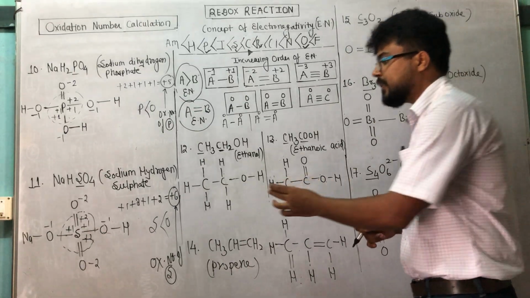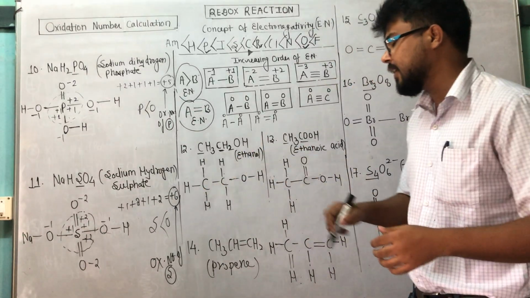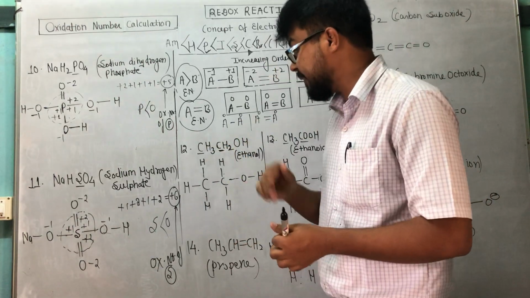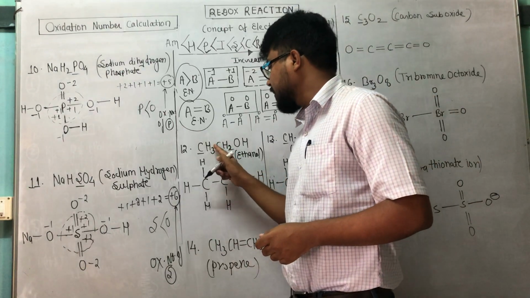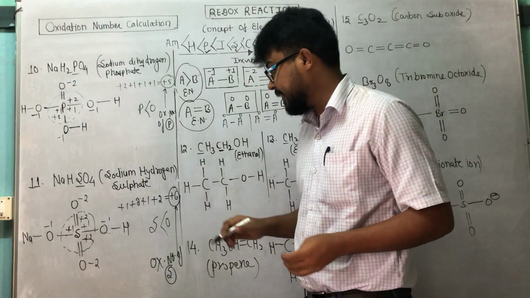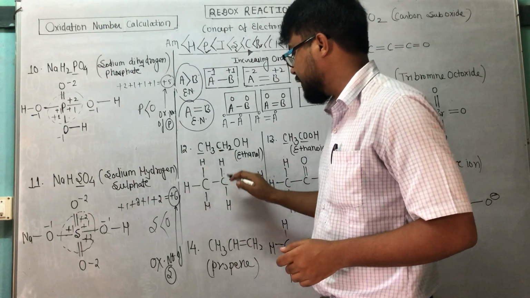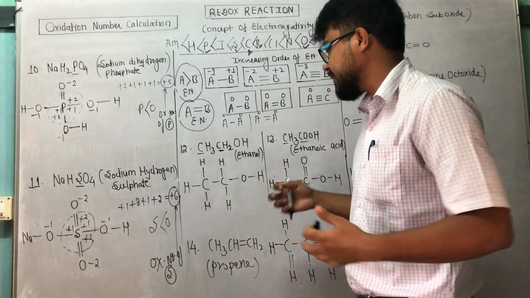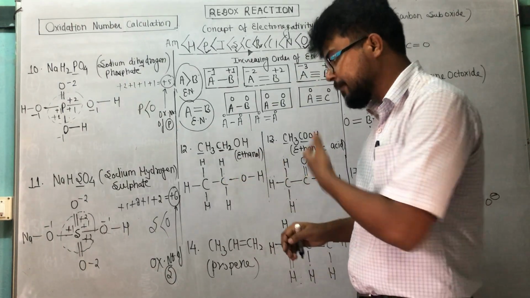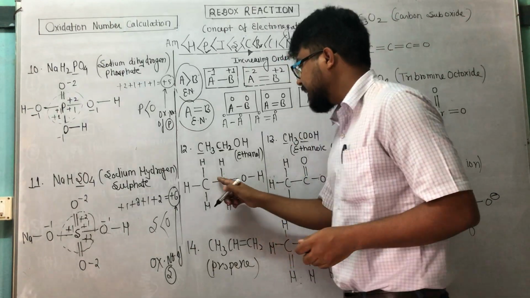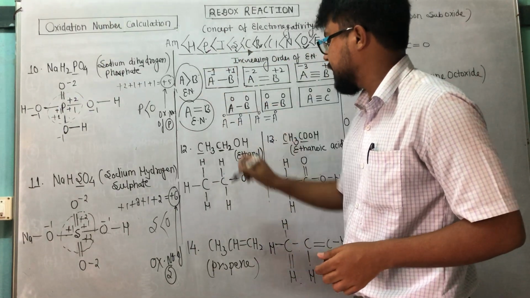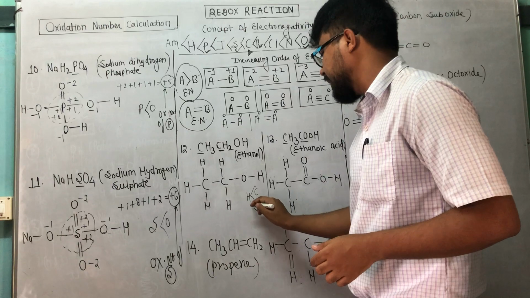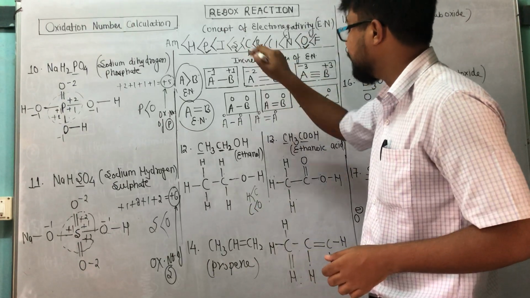Now if a similar bond is present, like in ethanol or ethanoic acid, and we have to calculate the oxidation number of carbon, there are 2 carbons, 2 similar elements. So first of all, if no bond is shown, it means it is a single bond, remember, correct? For this carbon there are 3 hydrogens, for this carbon there are 2 hydrogens, and for this oxygen there is 1 hydrogen, and there are single bonds between carbon, oxygen and hydrogen. One more thing: carbon is more electronegative than hydrogen, correct? Number 2, oxygen is more electronegative than carbon.